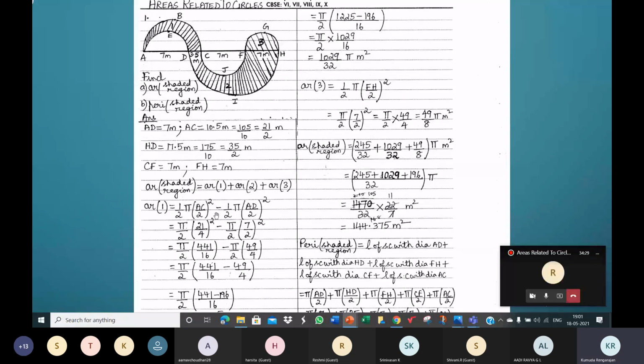Now this is pi by 2, and substitute the values: 21 by 4 the whole square minus pi by 2 into 7 by 2 the whole square. So 441 by 16, 49 by 4. Pi by 2 is common. Write this in a bracket. Pi by 2 is common, and on